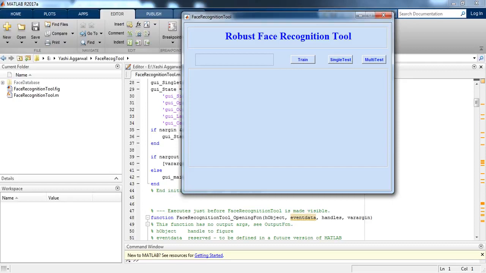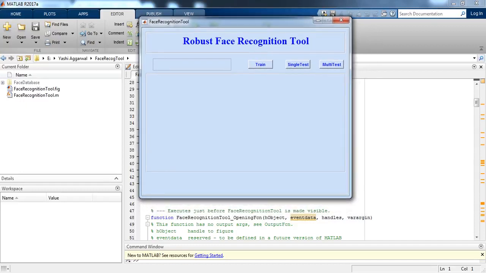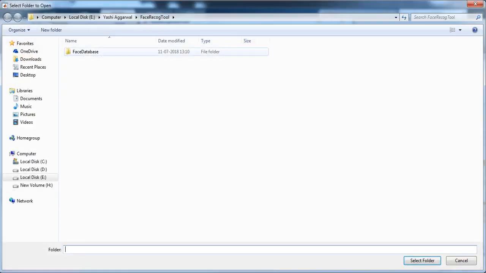After running this file you can see a GUI which is titled robust face recognition tool. So let's first train the dataset by pressing the train button. Here you can see I have uploaded a face database.